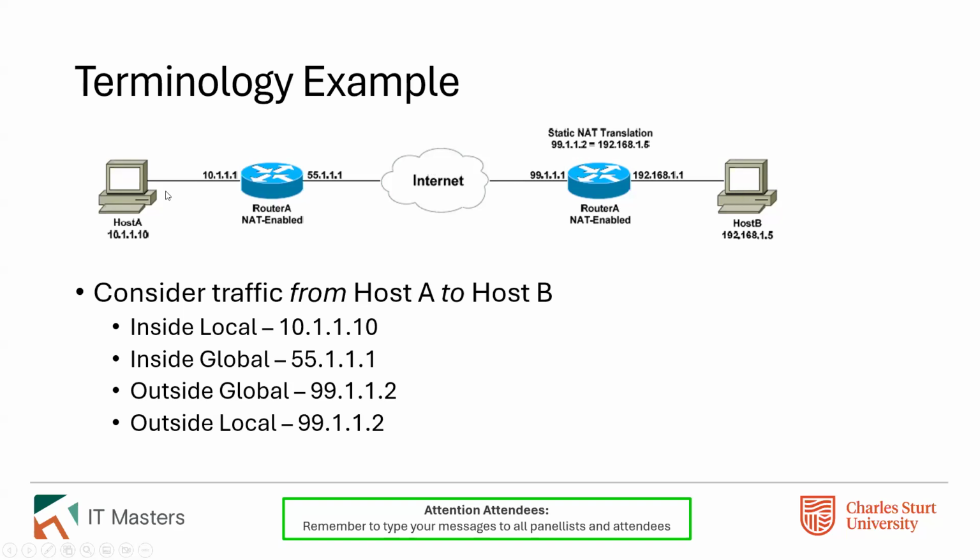So connections will go through to that router. This router will rewrite the traffic so that it looks like it's coming from 55.1.1.1. It'll go over to 99.1.1.2. This router knows that when it receives that traffic to rewrite it so that it goes to 192.168.1.5. And then the return traffic gets rewritten in the reverse direction as well. So this host knows that it's talking to this router when in fact it's actually talking to this host. And this host thinks it's getting connections from this router, even though it's actually getting connections from this host.